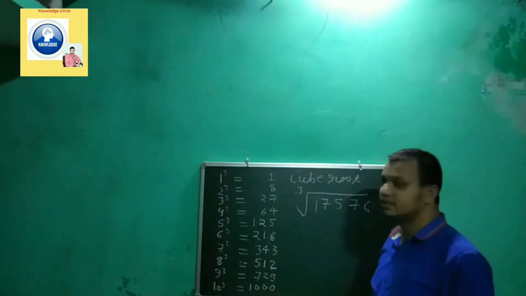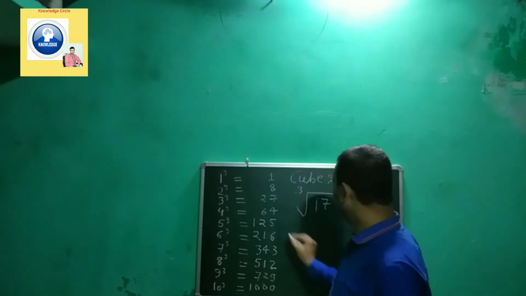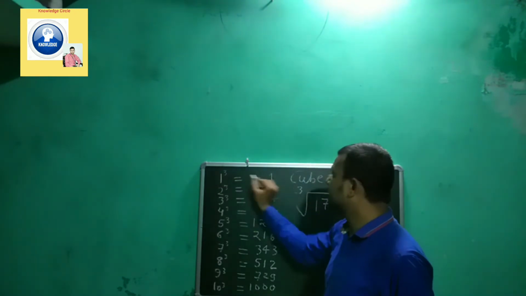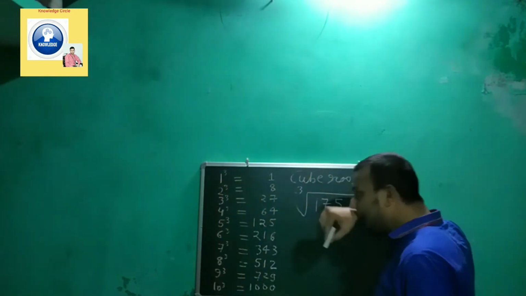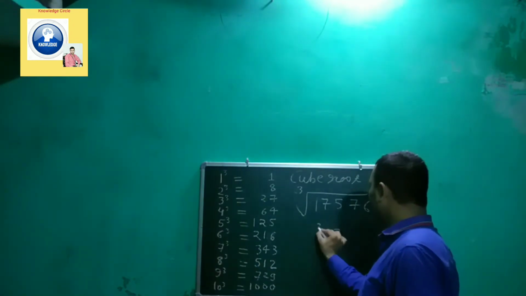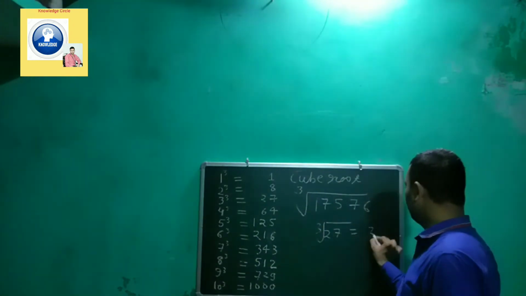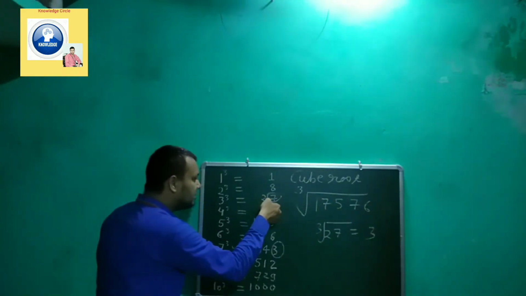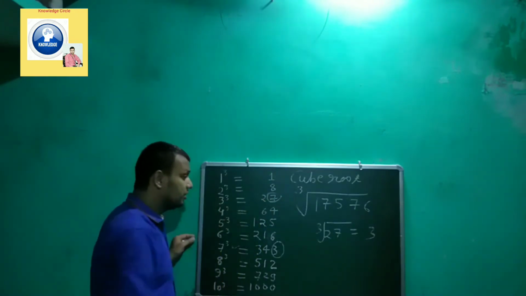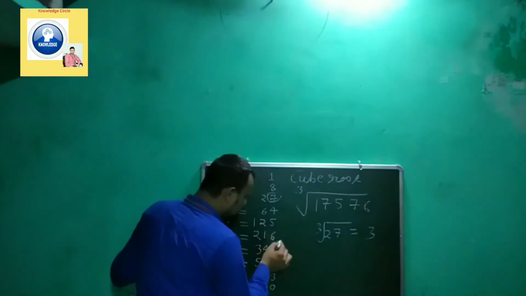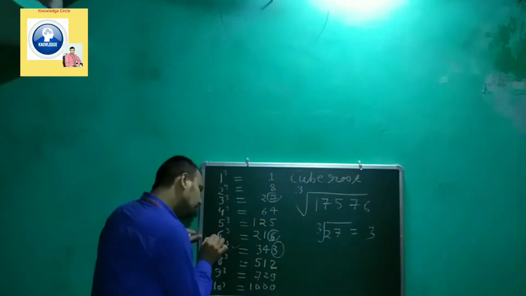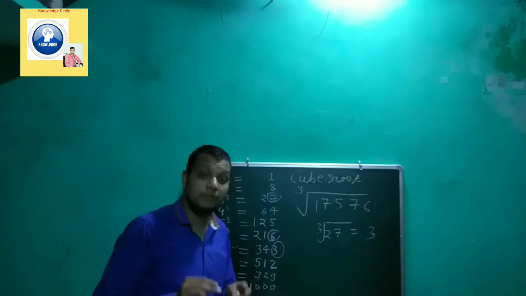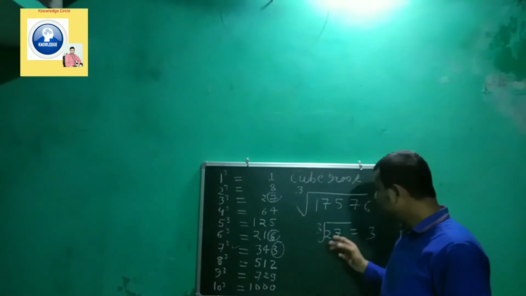What we can understand from here is that if the number is 1, the cube will be 1. If I find the cube root of 27, what is the answer? 3. You can see the unit place of the cube is 7, so the number is 3 all the time. Suppose the unit place is 6, then the cube root will also end in 6. So you need to take care of the unit digit of every cube. With the help of this we will solve.